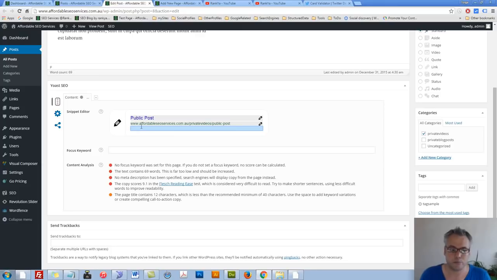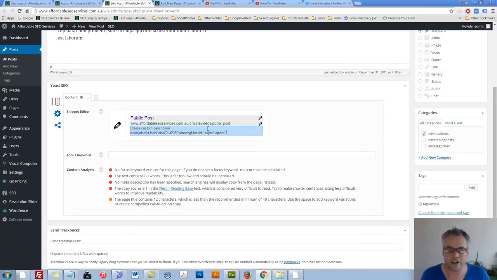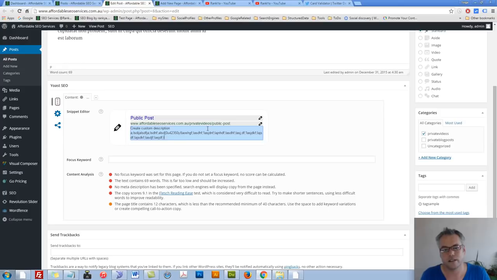You can, pressing into this box, create a custom description describing what your post or page is about. Now, if you were to go past 150 character space, this plugin will warn you by highlighting the text as red, saying, you know what, maybe you should stay within that